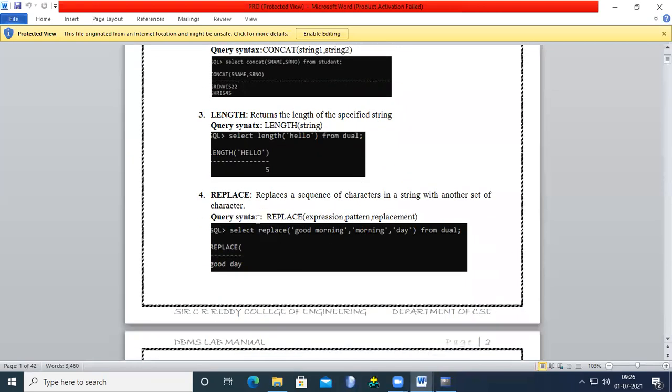And we are discussing replace also. What is the purpose of the replace function? Select replace of the actual string, what is to be changed and what it is to be replaced with.